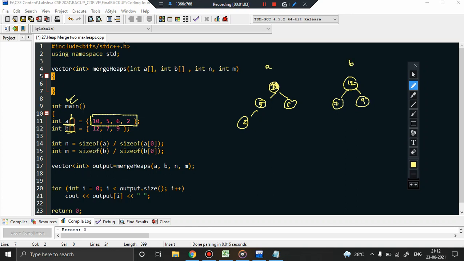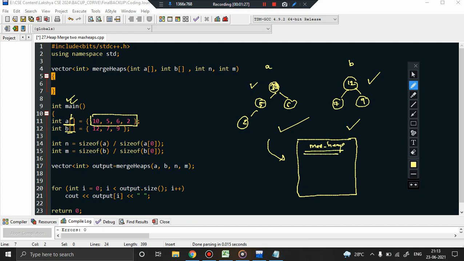Now our objective is to basically combine the elements in both arrays, in the first heap as well as the second heap, and create one single heap. So we just have to create a resultant max heap using all the elements of this heap and this heap, and the expected time complexity is order of n, or linear time. A linear time complexity is what they expect, right?